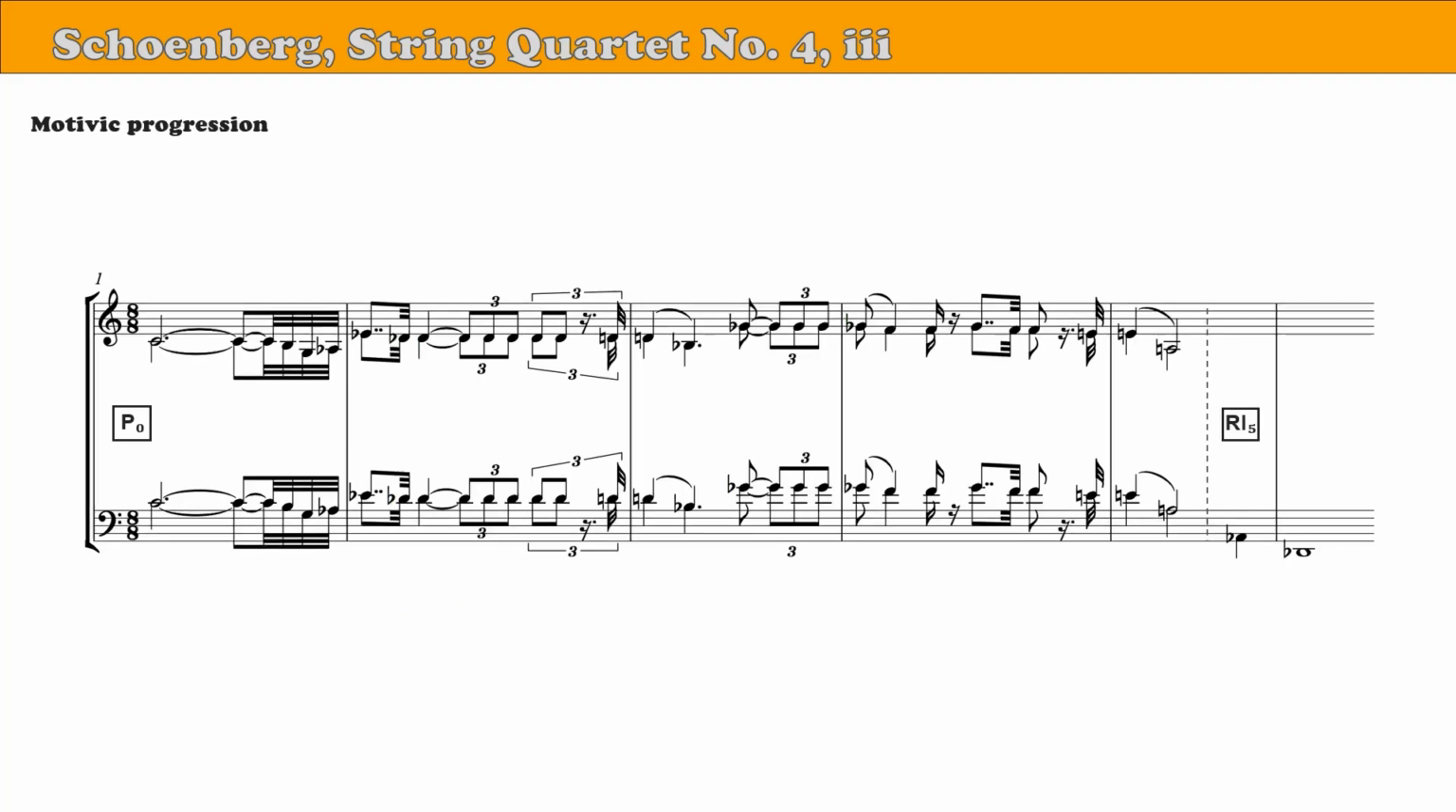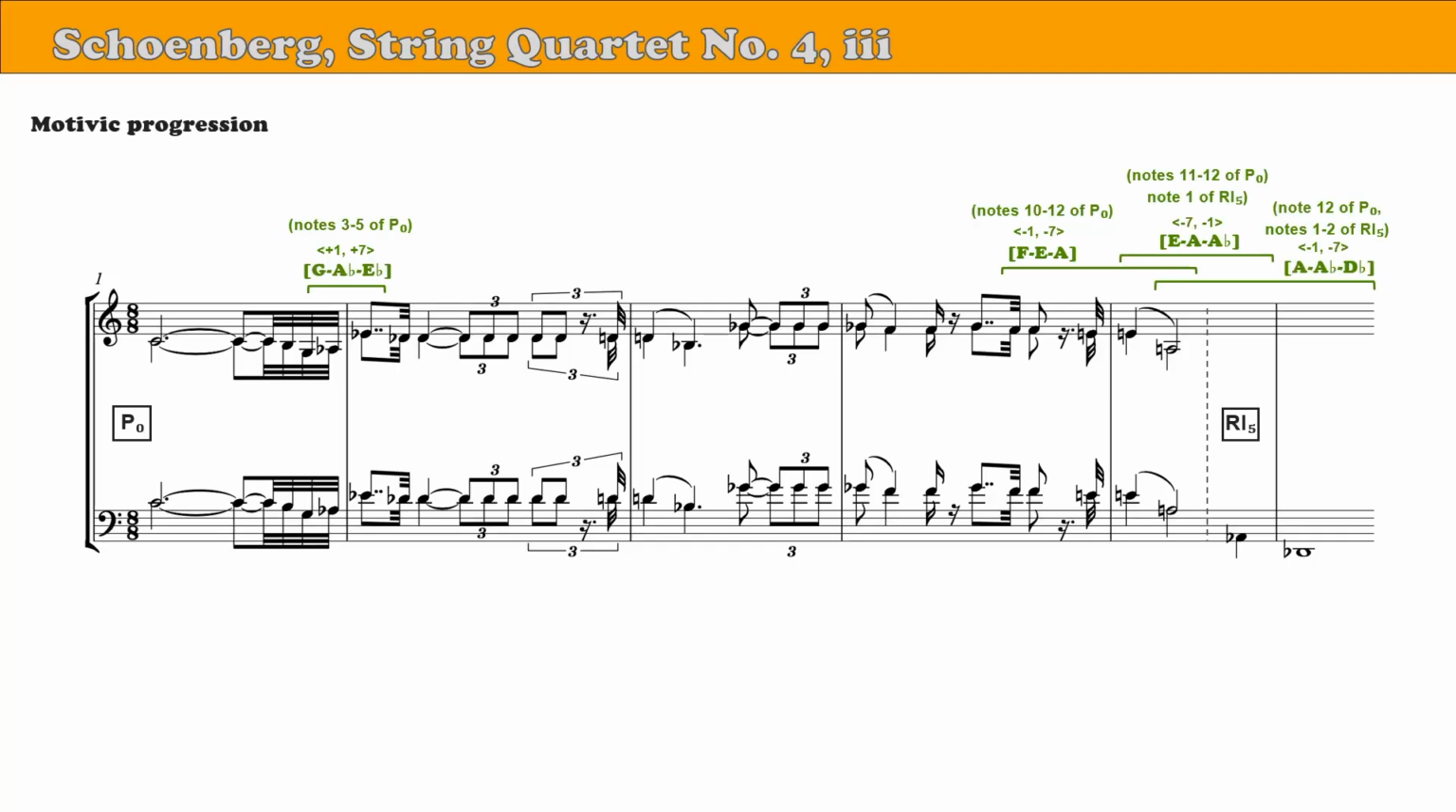Babbitt is also interested in motivic links that span across the series forms. In P0, the third through fifth notes go +1, +7. The last three notes of P0 do the opposite, the inversion, -1, -7. Then, as P0 ends and RI5 begins, we get two more forms of the same motive now enchained, FEA, then